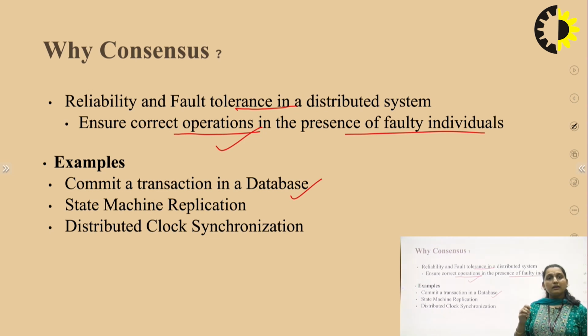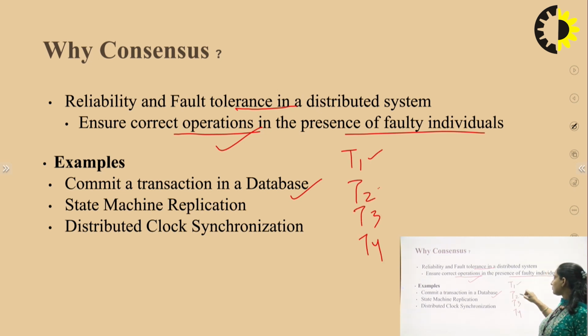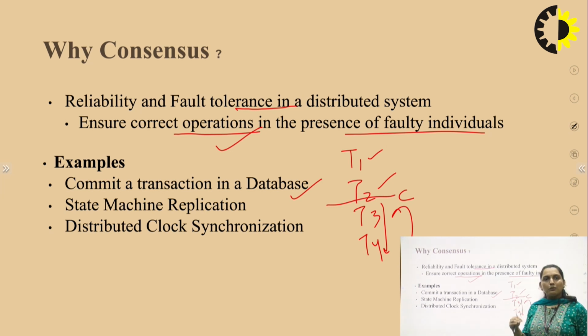For example, if we have transactions T1, T2, T3, T4, and all these transactions are committed up to this point, then after this point we have to do a rollback. In the database there is a concept of rollback also: up to where we have committed, and after that we have to roll back. That is what has to be there in the consensus protocol we use in blockchain.